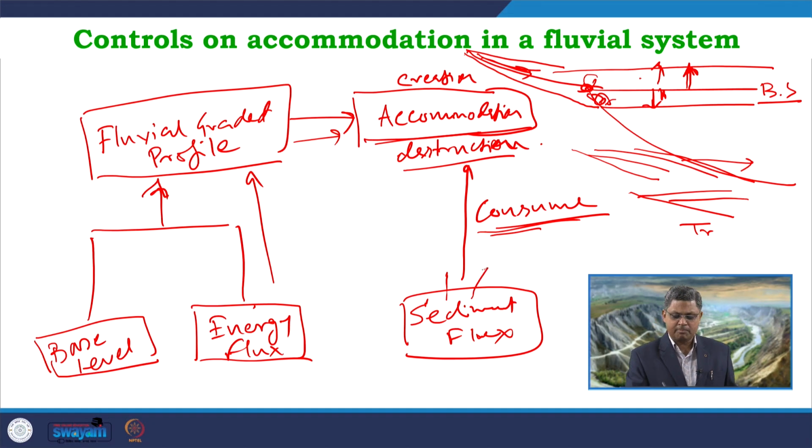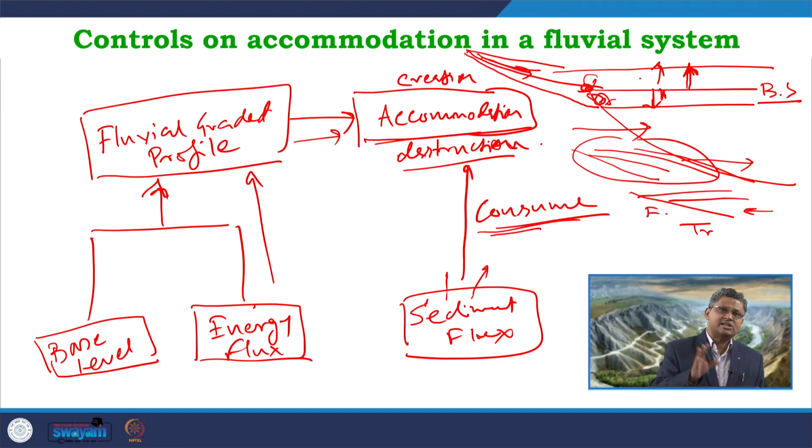W. So, when the S part is very high, then the T plus E will be completely occupied by S, and we can get a scenario like this where the progradation will occur. Now, if the T plus E is not that much occupied by S, then it will be occupied by W, and we will get this kind of condition where the fluvial system will be covered up by the marine system.